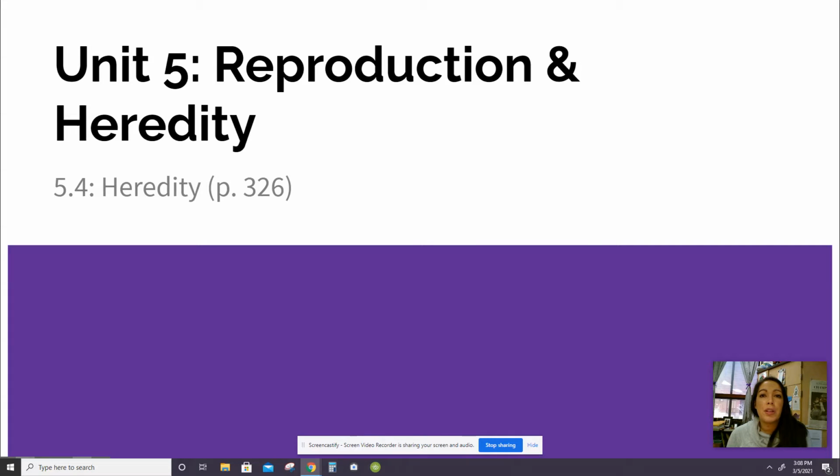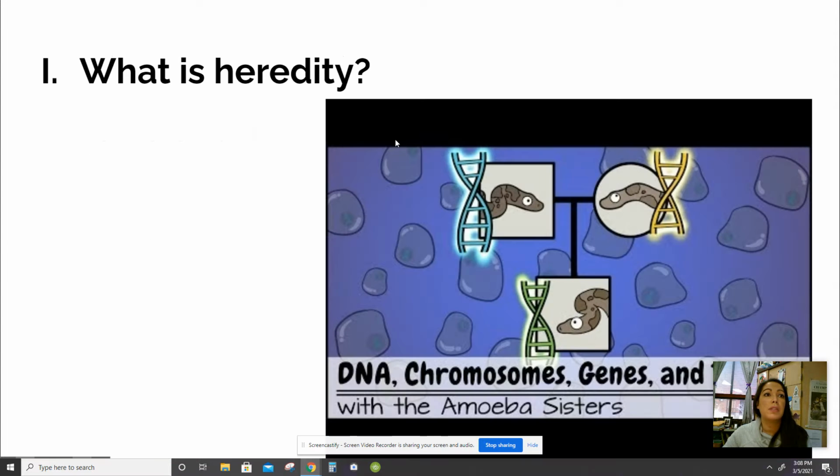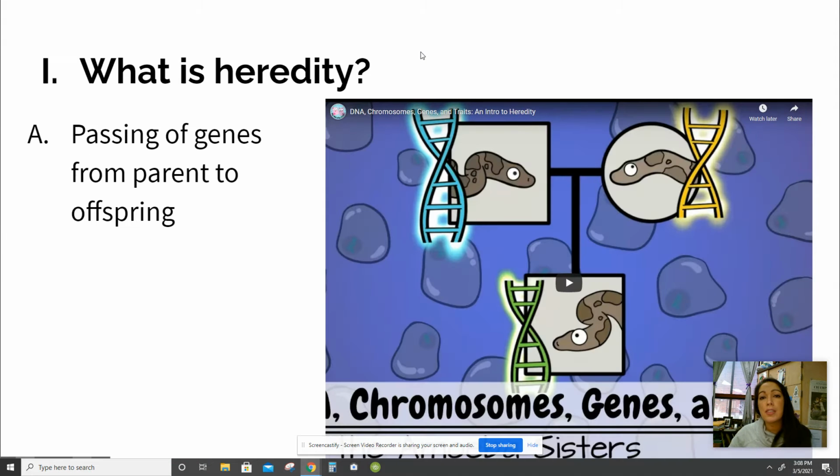Today we're going to do the notes on 5.4, which are all about heredity. So how do parents pass on their traits to their offspring? First, like I just said, heredity is just the process of passing on traits from parents to